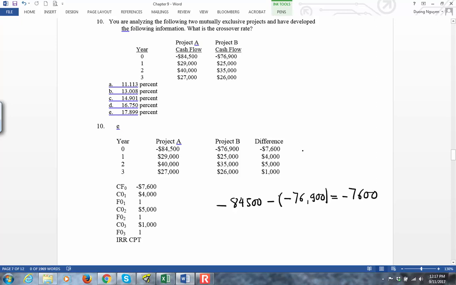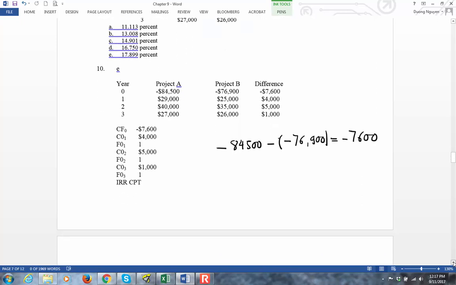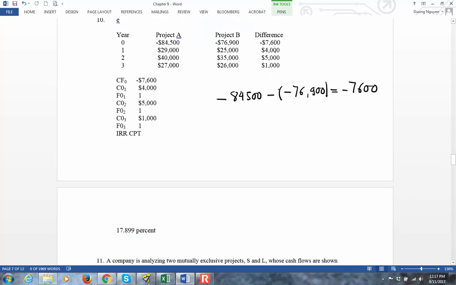This is the difference between A and B. 29,000 minus 25,000, you have 4,000. 40,000 minus 35,000, you have 5,000. 27 minus 26, you have 1,000. Then you put the difference in the cash flows into a calculator, either a financial calculator such as the BA II Plus or a graphing calculator. You compute IRR and you get